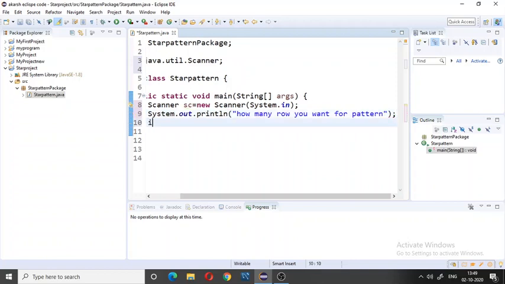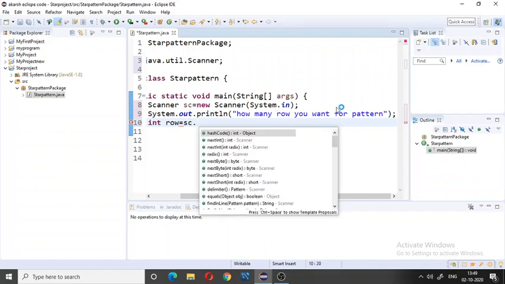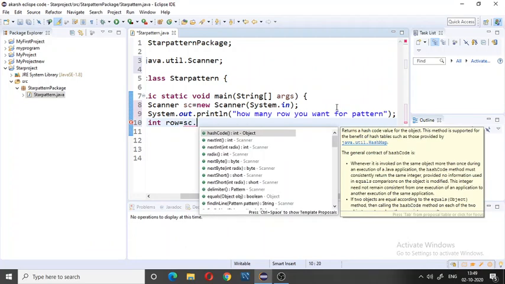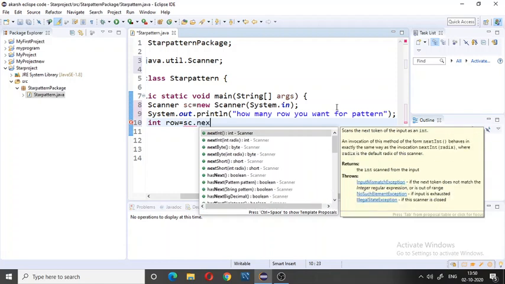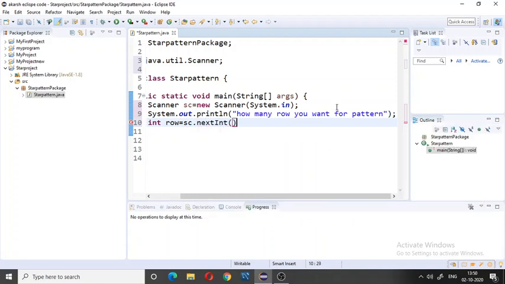Then we create an integer type variable, its name is row: int row equals sc.nextInt. Basically nextInt is used to enter an integer number through the user.